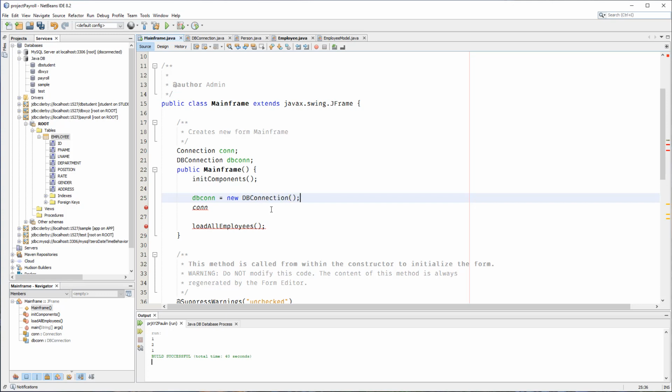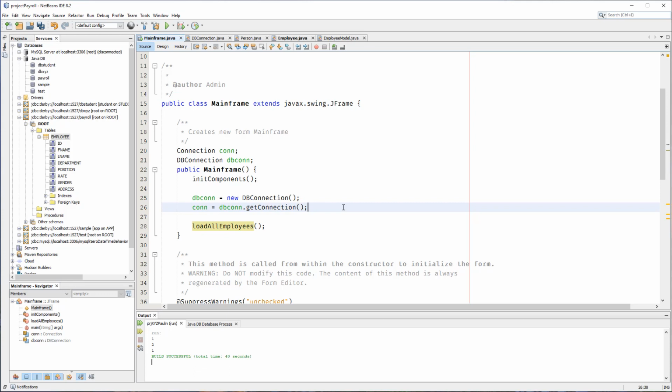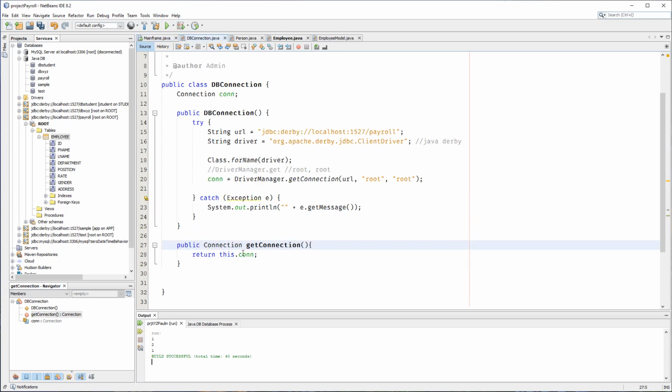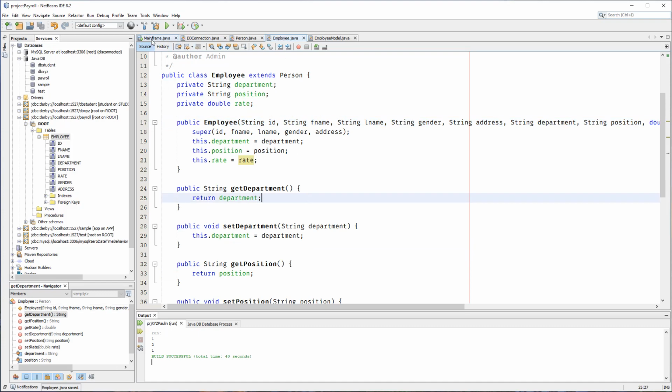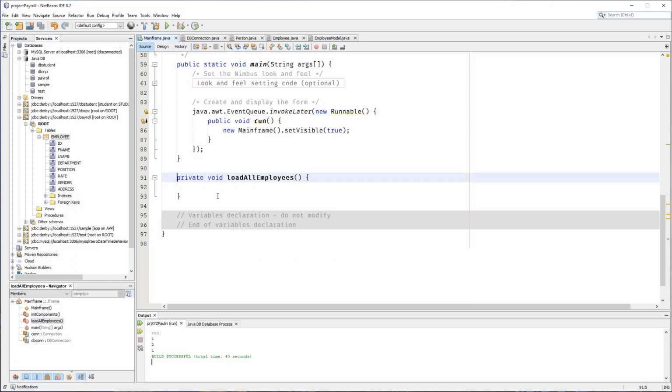Okay, now the connection will be a reference from this get connection method right here, because as you can probably remember, our get connection will return a connection object right here. Okay, so save that, save our mainframe.java, and also in here what we can do is